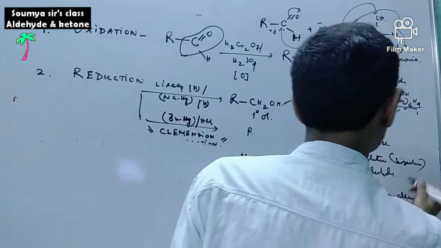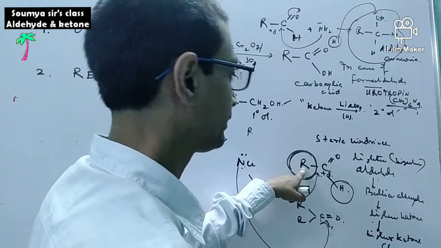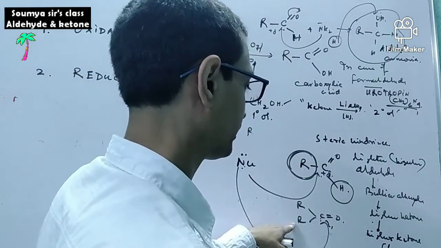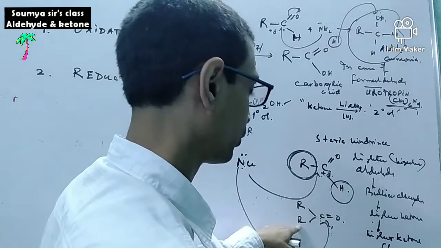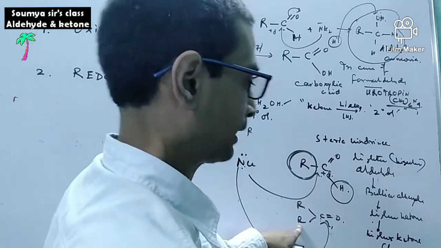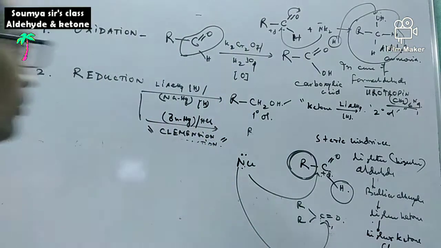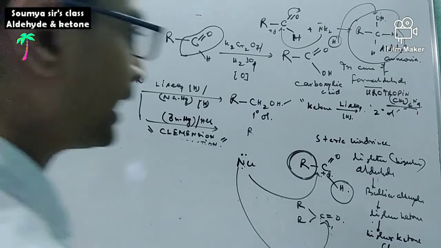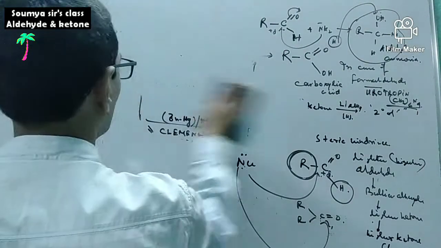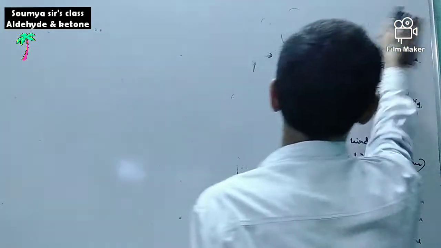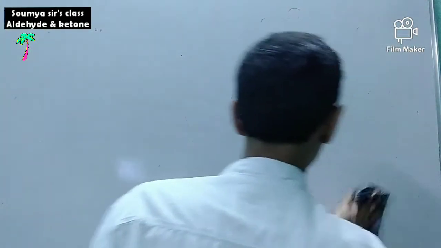Never ever think that here the alpha H is greater or there the alpha H is greater, or that the carbon delta positive will be neutralized by the R group. It is not that fact. It is the fact about steric hindrance. So we have talked about nucleophilic addition. After this nucleophilic addition, we are coming to a different zone, that is reaction with